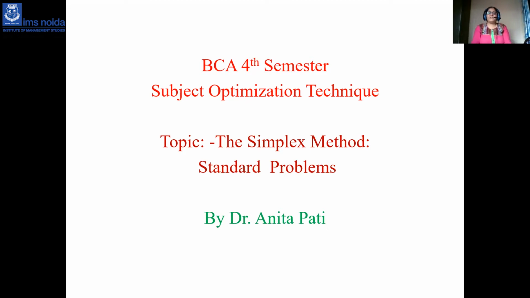Maximizing the objective function means once you get the values of the decision variables, you put the values in the objective function z, maximize it and find the maximum value of the objective function. If the standard problem tells us about minimizing the objective function, then you put the decision variable values in the objective function z, and you get minimum z. That is known as the minimization simplex method technique.